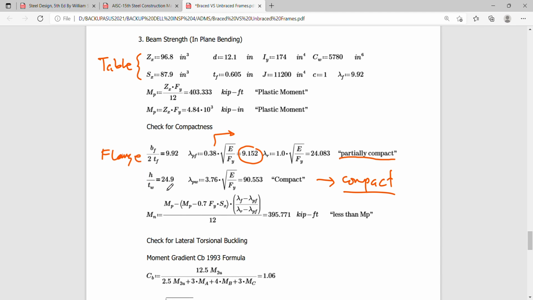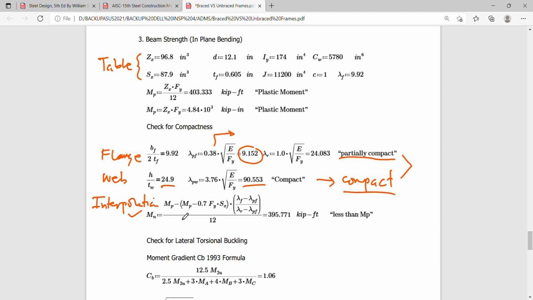But for the web, it's actually very far. So for the web, it is a compact scenario. So what are we going to do? The conclusion is we have a partially compact section. Since one element is partially compact, then we go to the interpolation formula that we discussed in our beam concept,